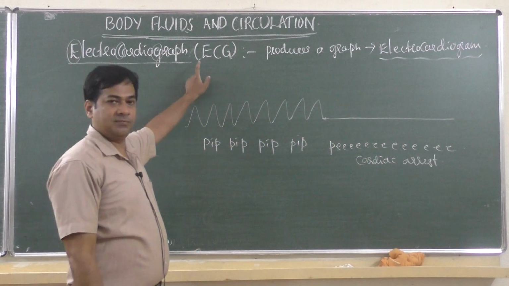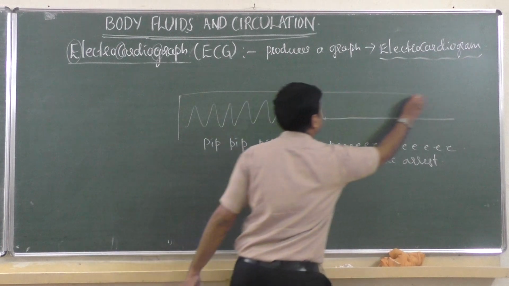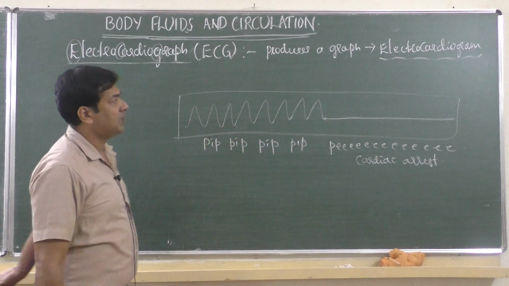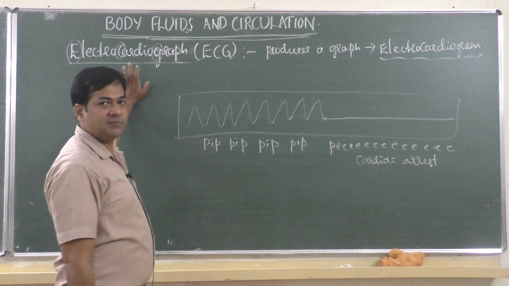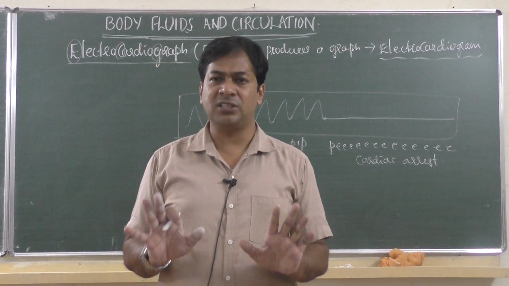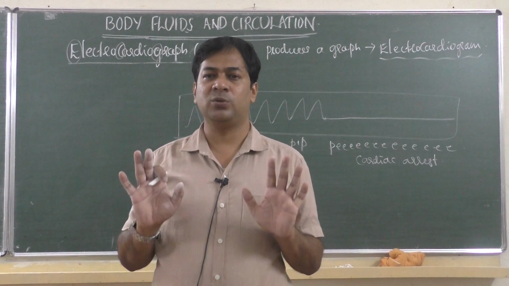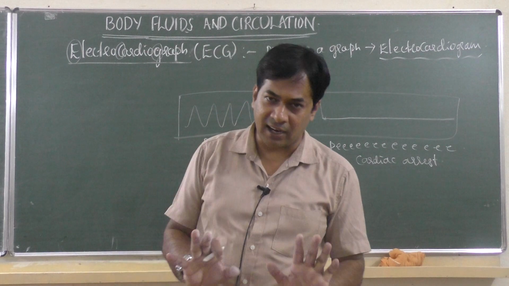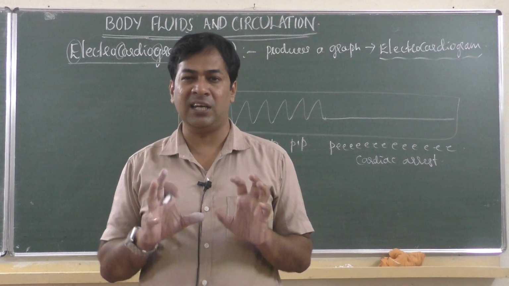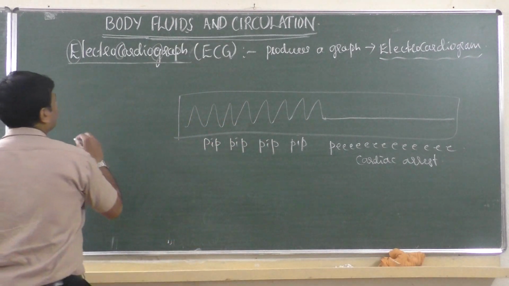Electrocardiograph is a machine and it produces a peak like this, you know. It shows on the monitor like this, no? That is called electrocardiogram. So the result is called electrocardiogram. What is the function of electrocardiograph? Just to check whether a person's heart is functioning normally or not. And indirectly, to know the electrical activity of the heart during the cardiac cycle, whether the cardiac cycle is happening properly, whether the heart is pumping blood or not. That is what we will come to know by electrocardiograph.